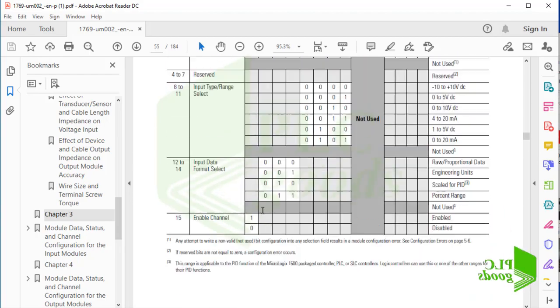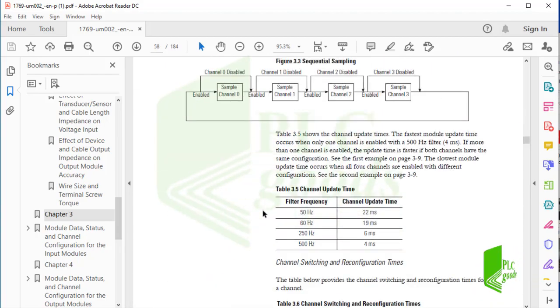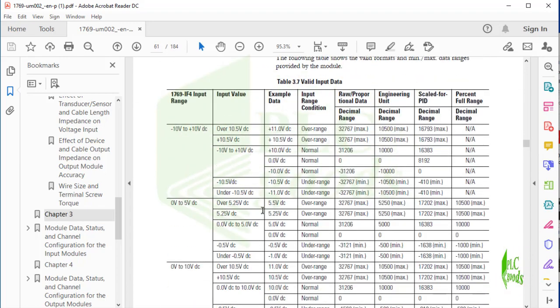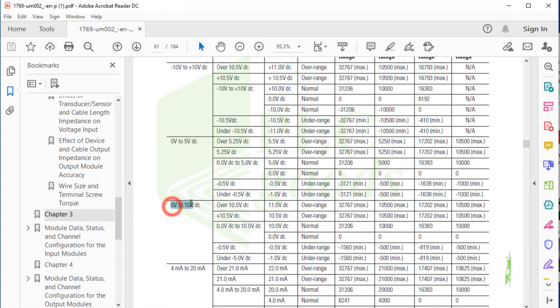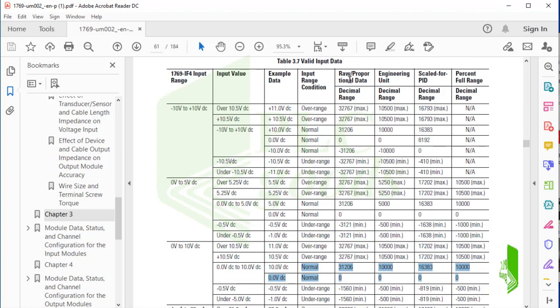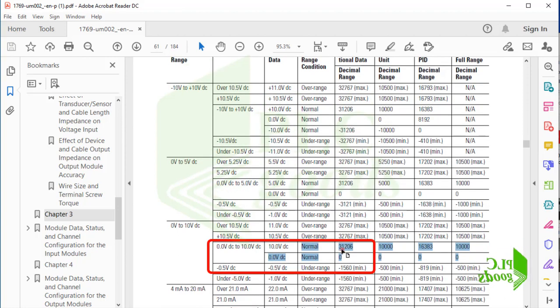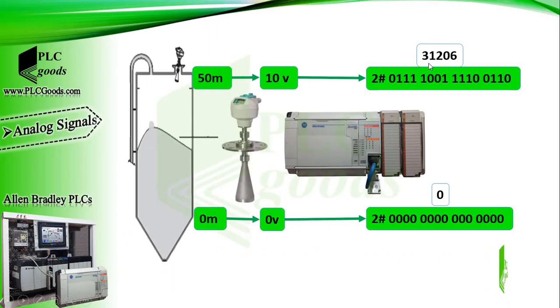Now, let's go to the valid input table. This table shows valid measurement ranges. For example, I'm going to use 0 to 10 volt DC. So, I will have a number between 0 to 3126, based on this setting, in the PLC program. Note that, in the PLC program, we will be able to convert the received number to its voltage or level value,